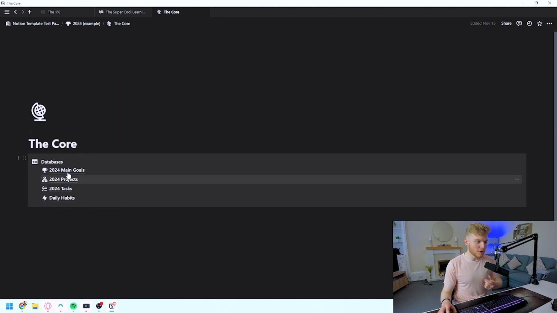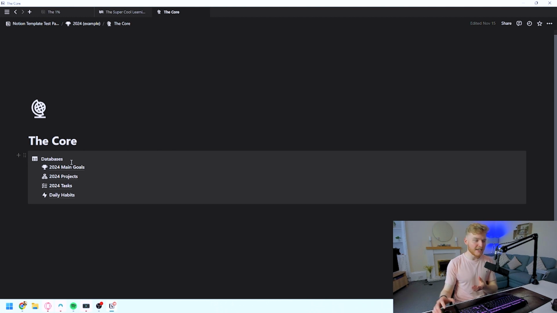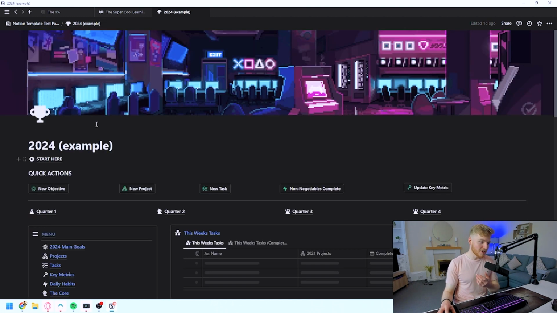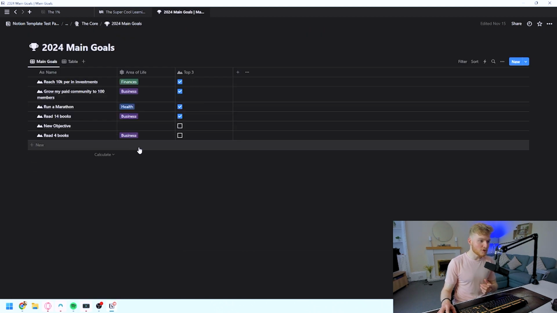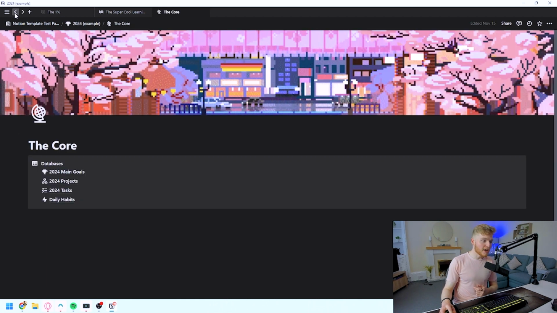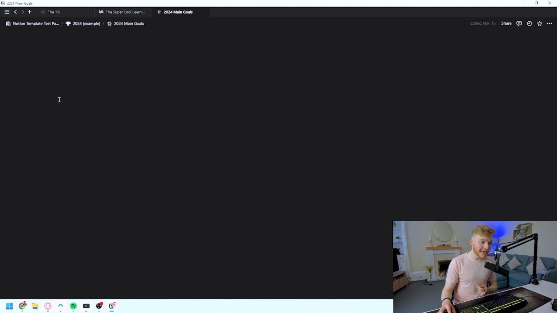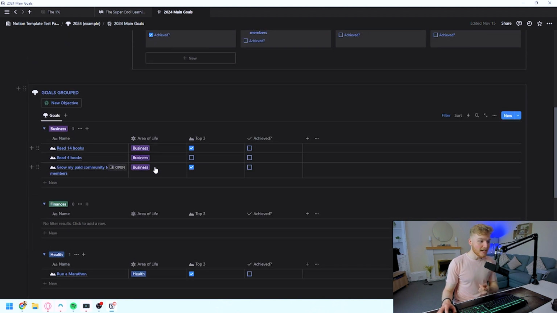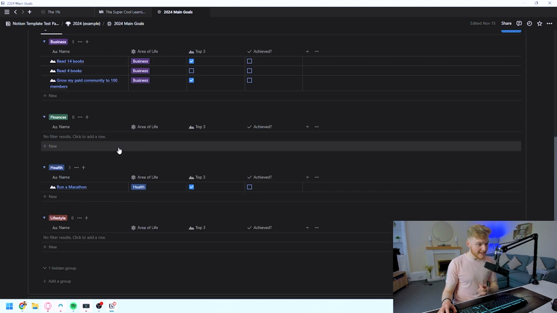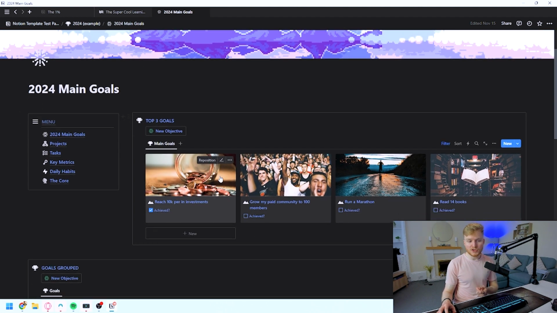Well, if you come into the core, we can see the main databases are actually here. But the way that I've created the callout blocks themselves is to create its own page and then put all of the linked databases to that area in there. For example, if we go into the core and we look at the main goals, we can see this is the main database for what we're doing. However, if we come back out into the main goals page that I've created, we can see all of this is just linked databases to that main goal area